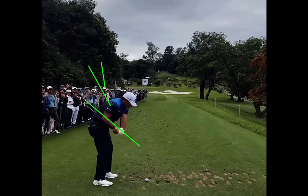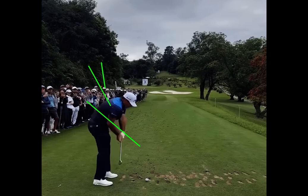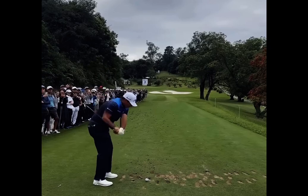And a lot of good things happen when your shaft goes through the trail forearm as you come through around P5.5. P5 being left arm parallel in the downswing. P6 being shaft parallel in the downswing. So if you're at around P5.5, if your club is kind of going through the trail forearm, you're pretty much doing good things. So as he is shallow here, the club head being behind his body, behind the hands, it